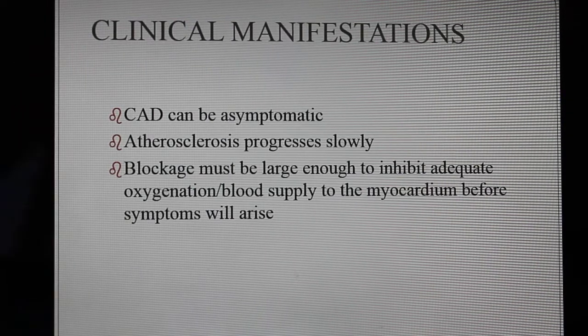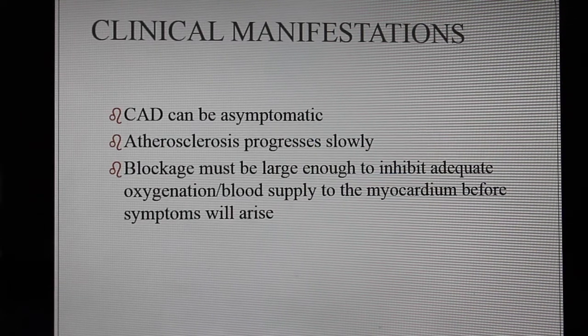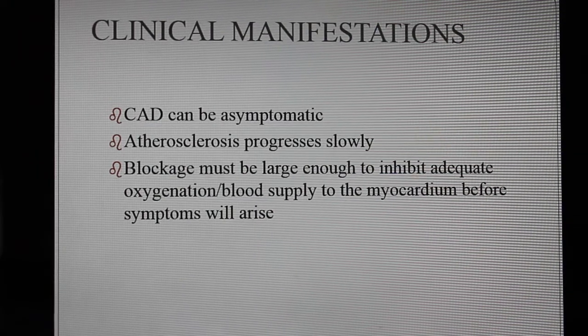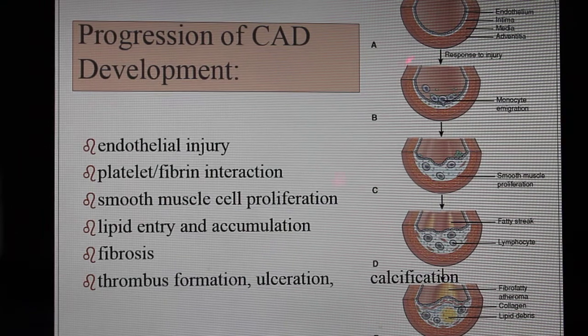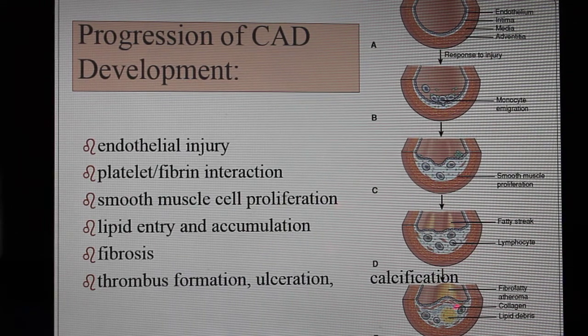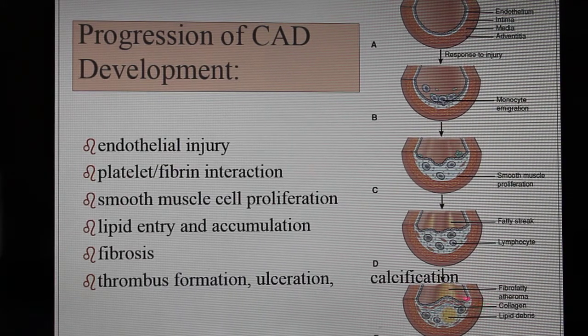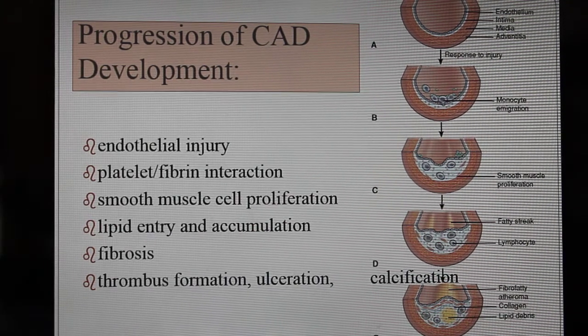Okay, clinical manifestations. So what are you going to see? Well, we talked about that coronary artery disease. We could all have it sitting here and it would be asymptomatic, so we don't even know we have it. Atherosclerosis progresses slowly. So what we saw in this slide here, that progresses slowly. So a lot of the times we don't have symptoms, even at this stage, because our body is so good at compensating. Half of this, our artery can be clotted off or have a plaque there, a calcification, and we're perfusing just fine. Remember, we have a ton of other vessels too.